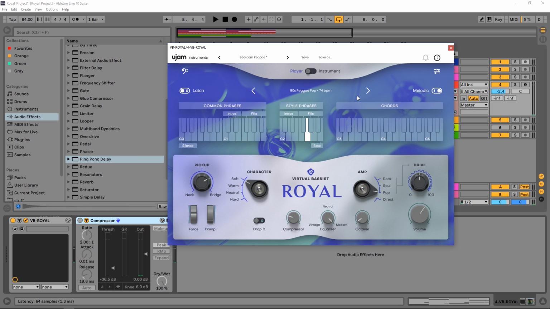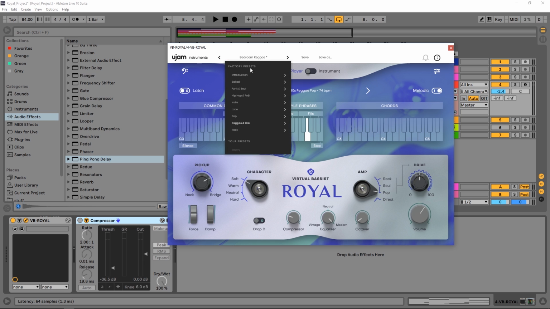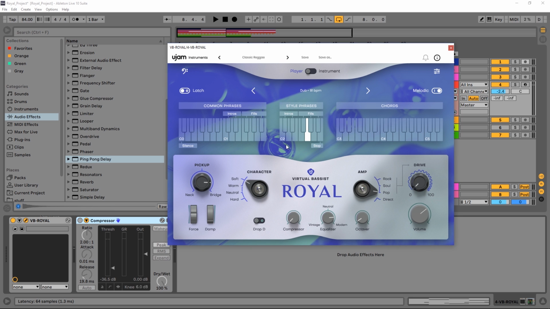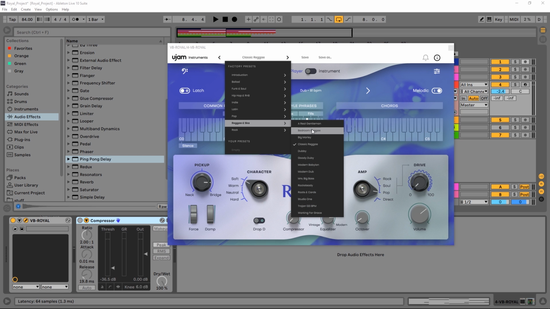And remember, now that we have that MIDI laid down, all of the different presets here, the different style phrases, and the big presets over here that change everything are all going to be triggered in this similar fashion. So if I come into reggae and ska and choose something else, like maybe classic reggae, this is going to change all of the instrument effects and processes down here and the style phrases. It's going to bring me back to dub. So we already did that one. Let's check out something else like